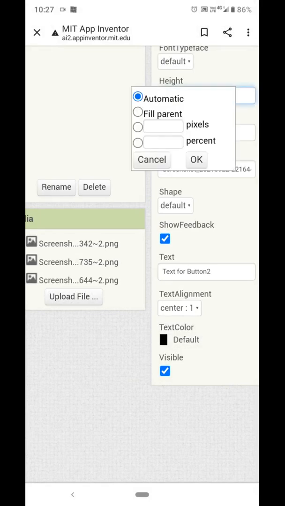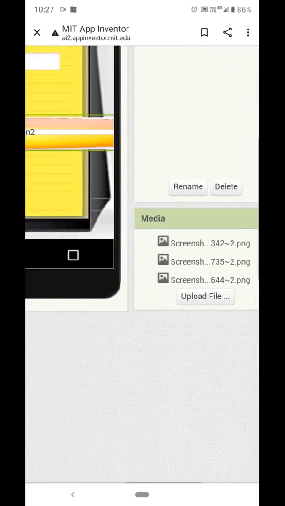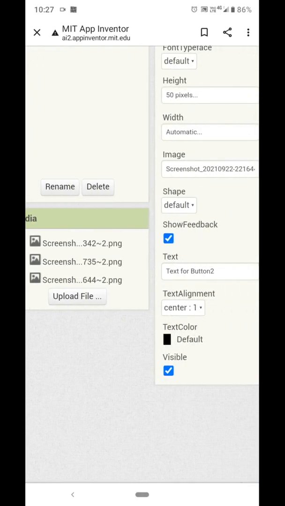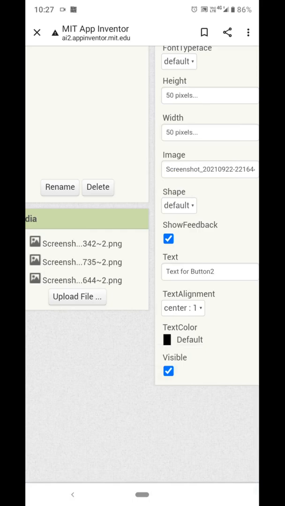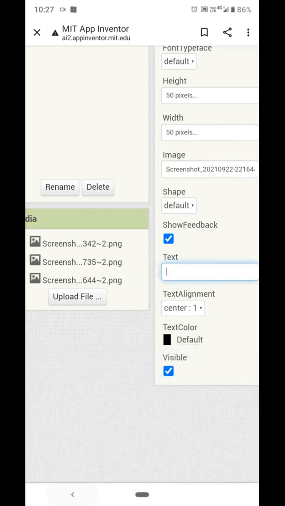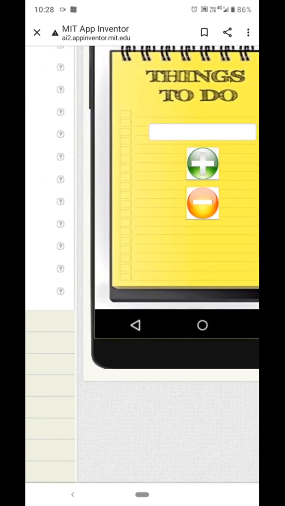Set the height and width. Okay, so you can see the two buttons here.